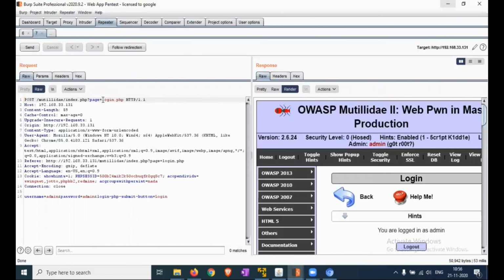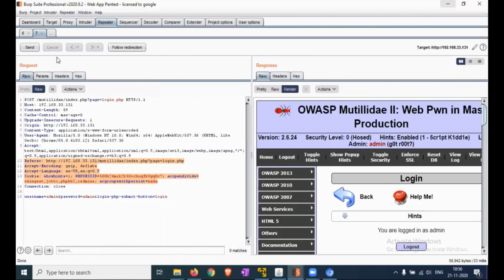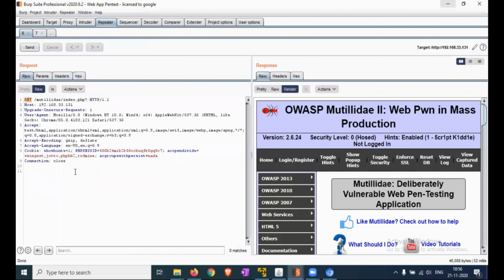So first we click on the added connection, copy that, and paste it into the first request, which was without a login.